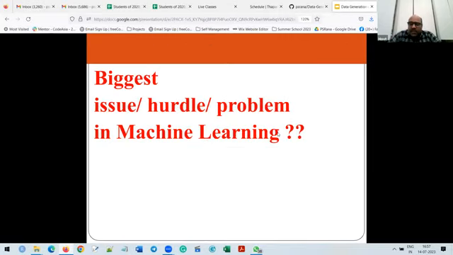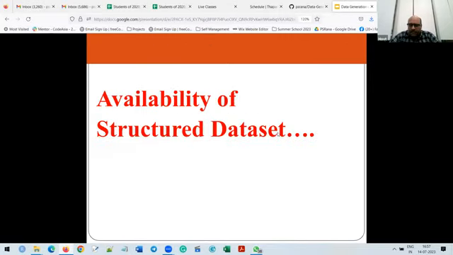Now, what is the biggest hurdle in machine learning? The availability of structured data. Nowadays, a lot of social media is there, like your WhatsApp and your Facebook. Now how much can one store? So what do we do? Let's suppose you got some motivational lines written over there, so we just took a screenshot and saved it. But if you saved it and didn't add any tag, you forget what the tag was there. So still, that is the biggest issue: structured data is not available.